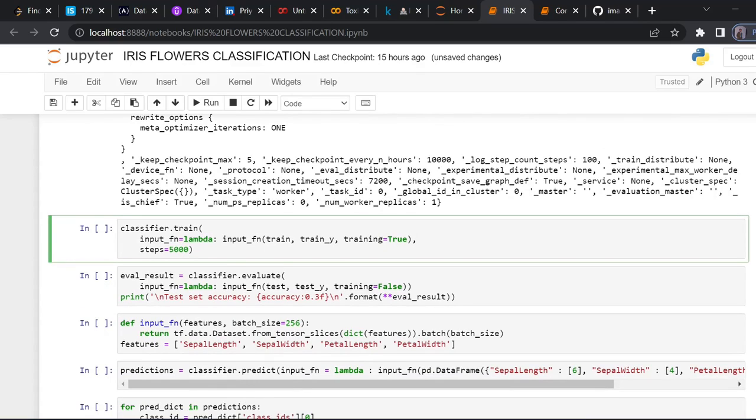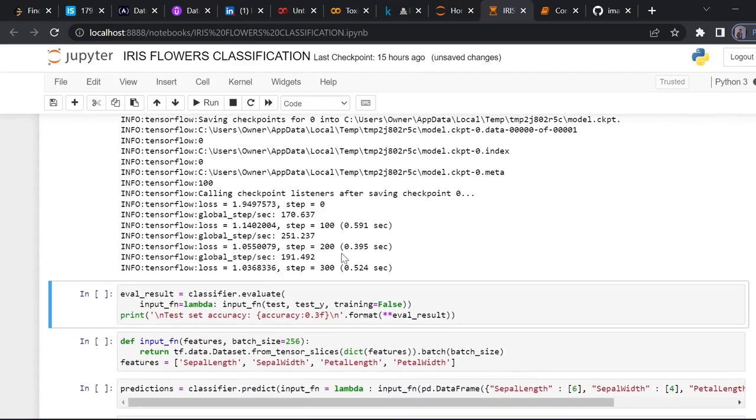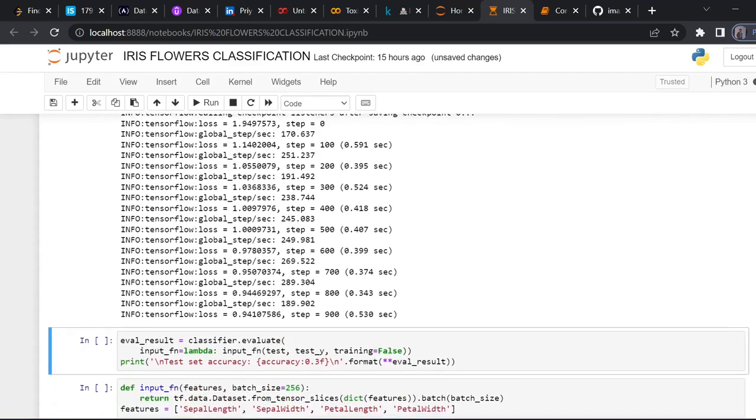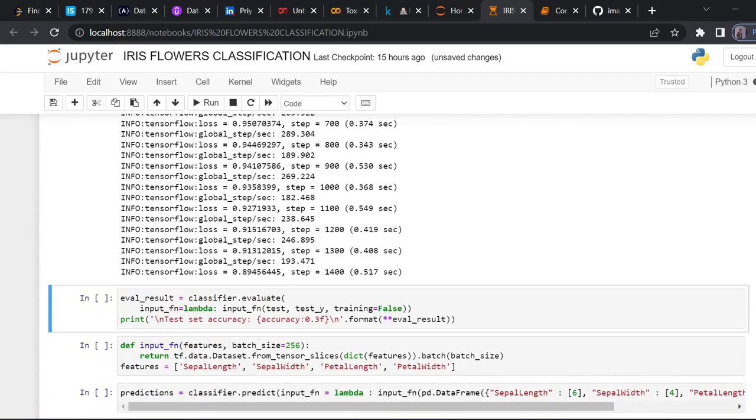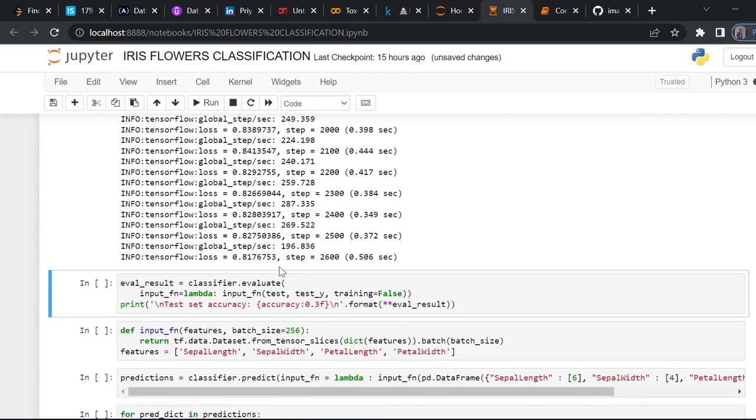Now we'll train the model. I have used the input function as input underscore function. I called the input function and training here is true since we want to train the model, and steps are 5000, since more number of steps would mean more training. So now I'll run this, and as you can see, the model is getting trained. Initially the loss was 1.94 and it's reducing step by step. So the loss here you can see 0.8,